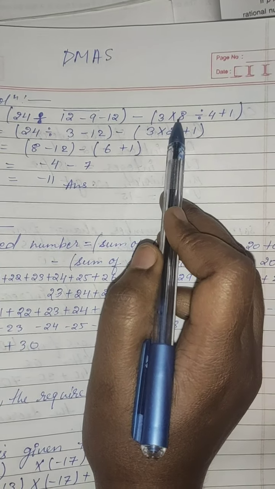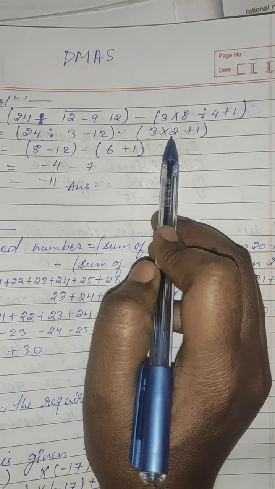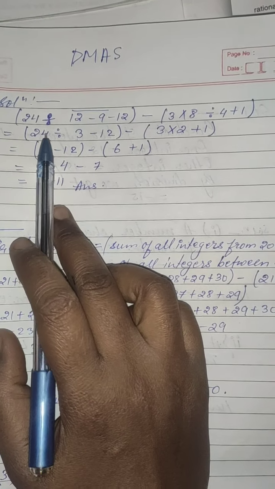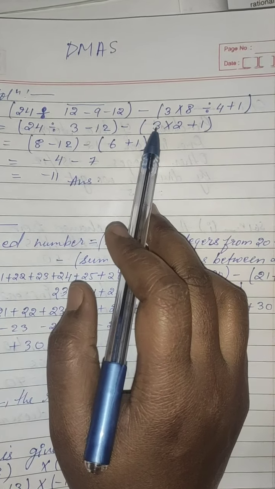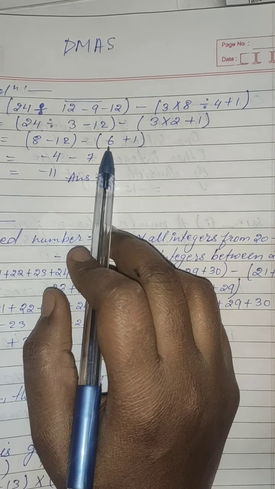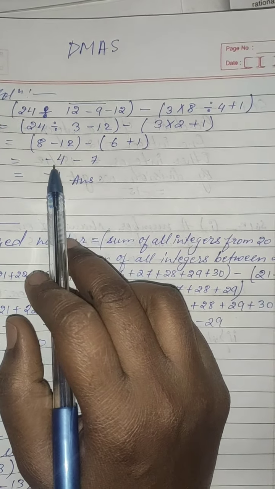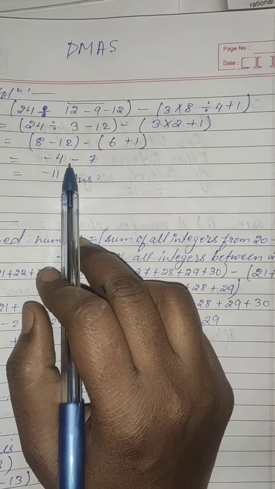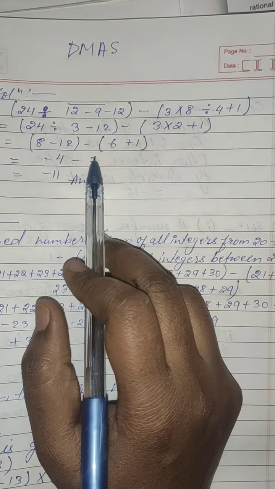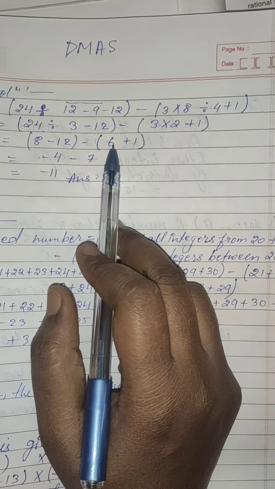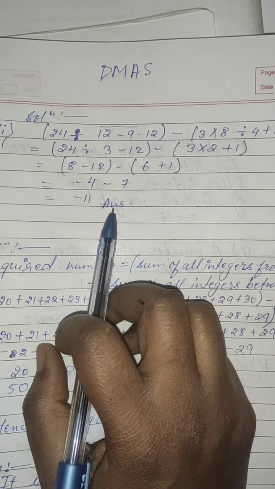First, what we will do in this is division. So it becomes 2. Now when we solve this multiplication, it will become 8 minus 12, then 6 plus 1. Now when we solve this, it becomes minus 4, and this minus is given, and 6 plus 1 becomes 7, and there is plus. So plus 7 comes, but here is minus, so we will take plus minus minus. The solution is minus 11.